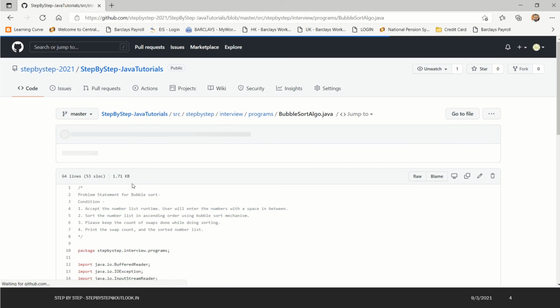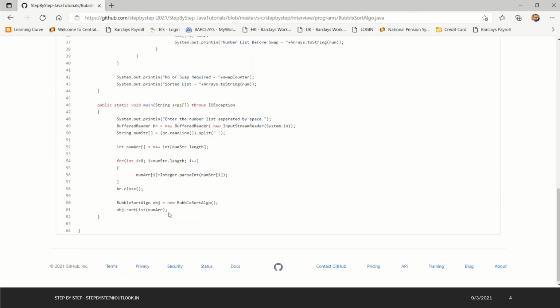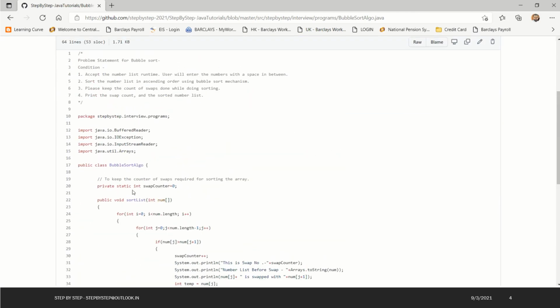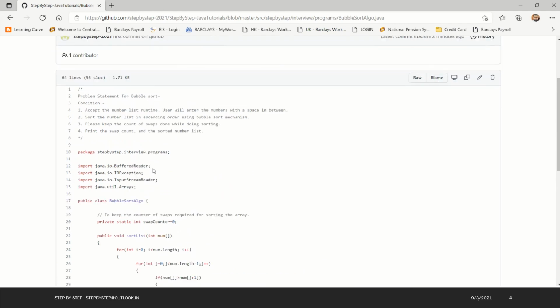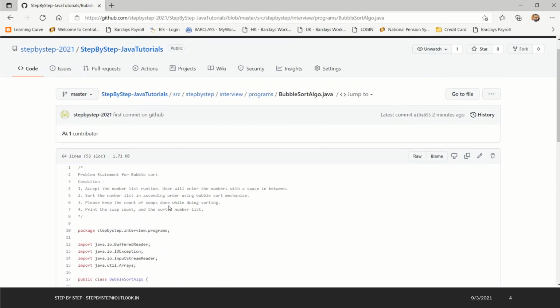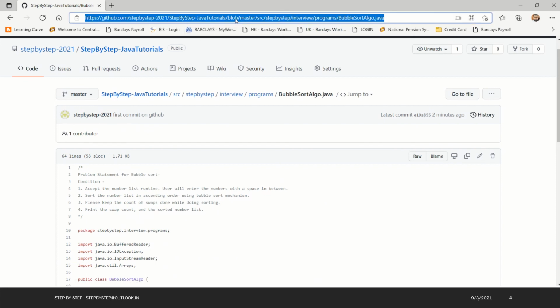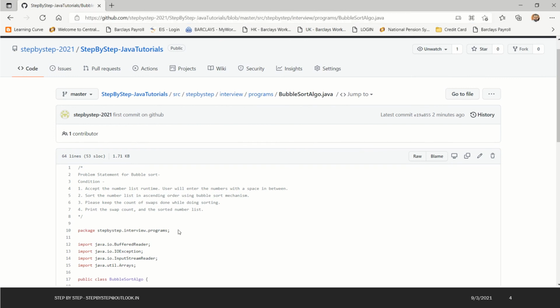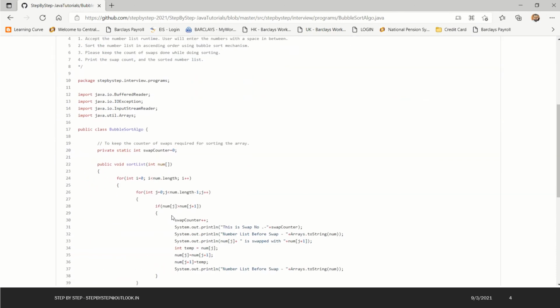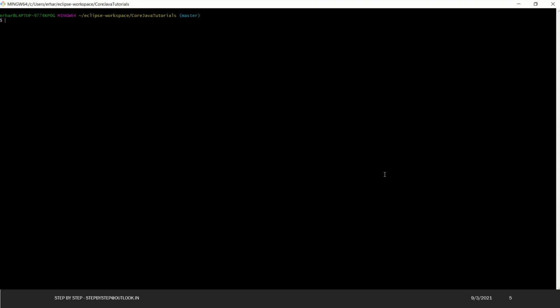If you click on the file, it will show the code which we have committed. This is the code I have written for one of the interview programs, the bubble sort algorithm, and there is a video for this as well. I'll update this commit link in that video, as it's a public repository, so that anyone who wants to can easily refer to this code directly from this Git repository.